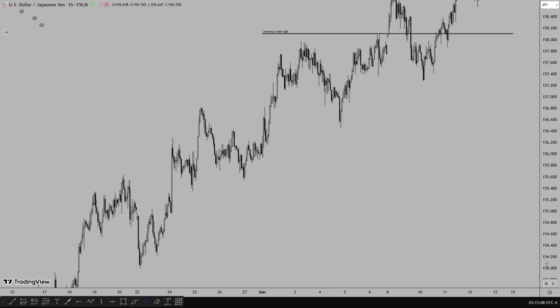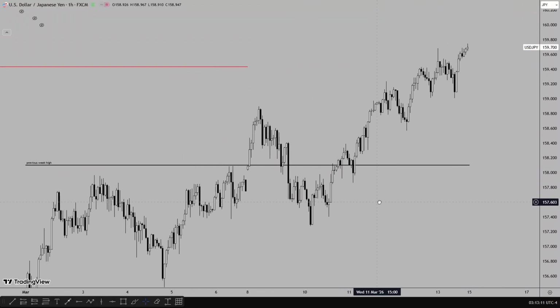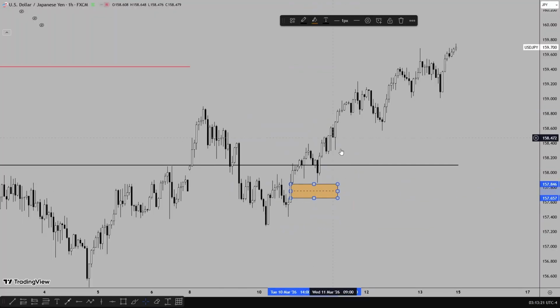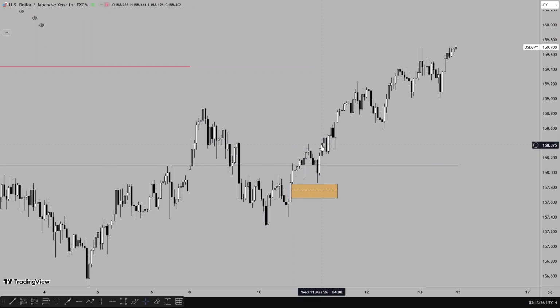On the 1 hour time frame, after the Tuesday shift in structure, leading to a swing high, we're expecting the weekly order block. Here's a 1 hour fair value gap which price did not retrace to. It just went on after Wednesday, taking out this high, taking out Tuesday's high,